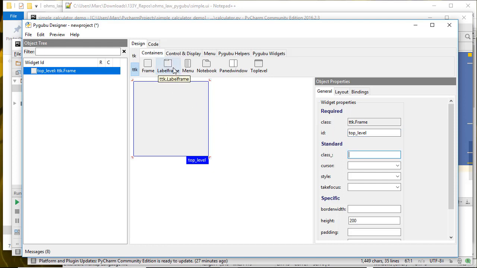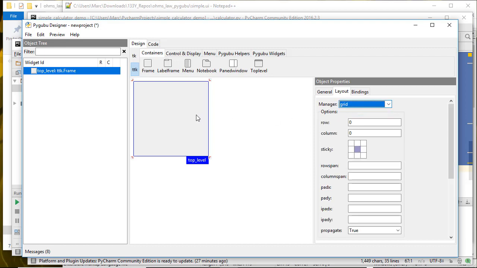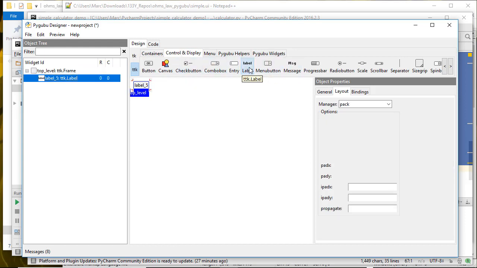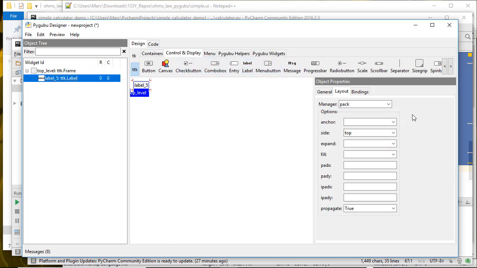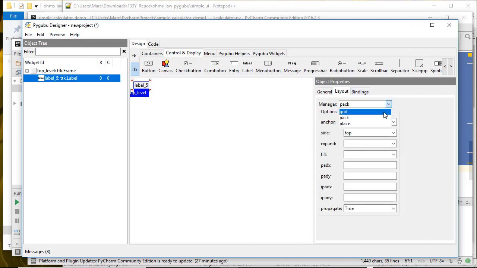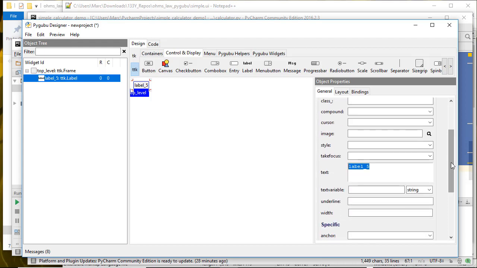And it's going to have a label. So actually, let's go grid. And then we're going to go in control and display, label, and put that in a grid, row 0, column 0. I don't care what the ID is because I don't need to access this in my code. The text is the answer,